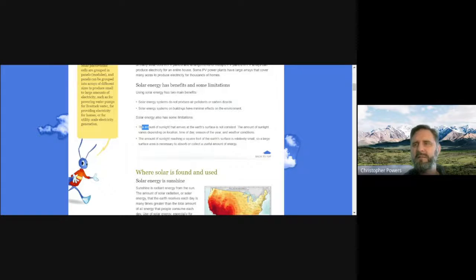What are those? The amount of sunlight depends on the time of day and where you are in the world. Some places don't get a lot of sun, as you might know. Same thing with wind or water. Okay. It is season dependent. The weather conditions, of course. The amount of sunlight reaching a square foot of the Earth's surface is relatively small, so surface area is necessary to absorb or collect a useful amount of energy. Okay,